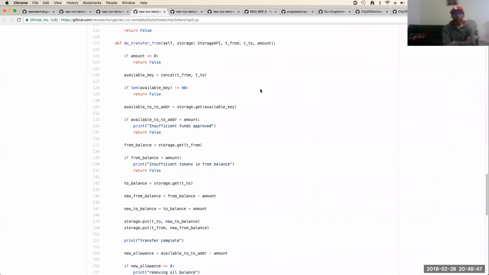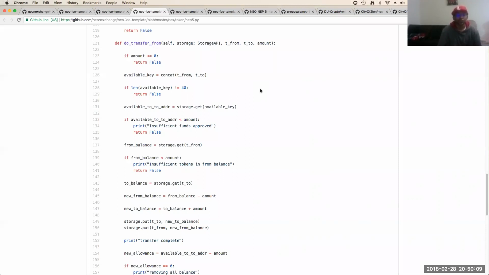Otherwise, from the from address, you grab the Neo address. If the funds are not available, you do the same thing. You compare the amount, and if there's insufficient funds in the balance, you return false.